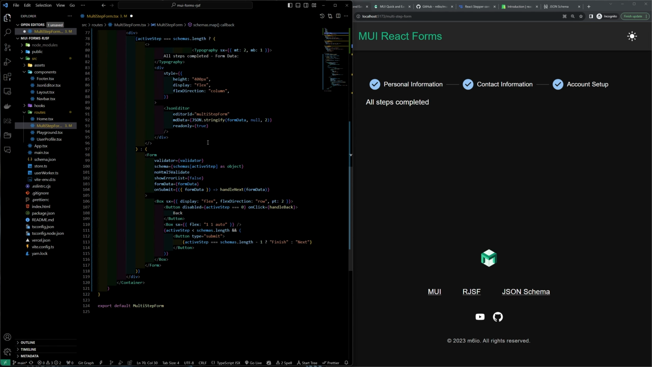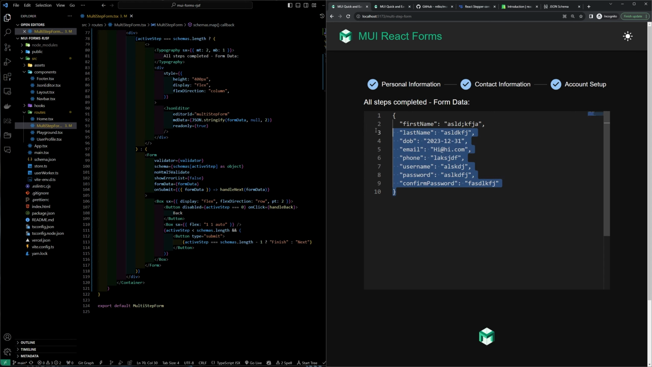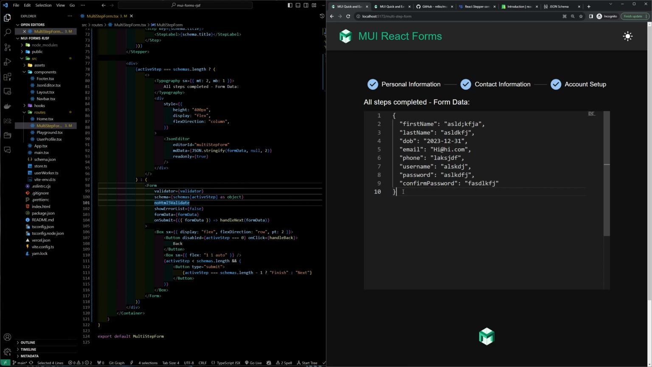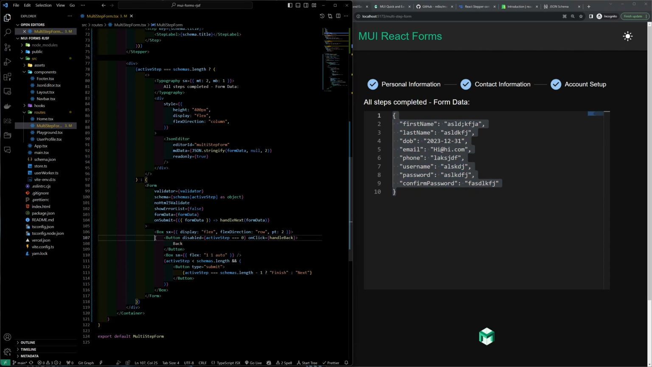So go ahead and hit save, and you'll see now the Monaco editor shows up with the data from the form. So you'll see hi@hi.com, you'll see the date of birth and all that kind of stuff. And now you can extend this. You can hook up an API to this if you want. Have it where when you submit, it actually sends this in an HTTP request to some server that you have that takes that on and does whatever it wants with it. But yeah, so